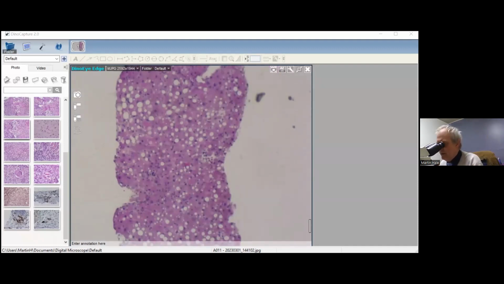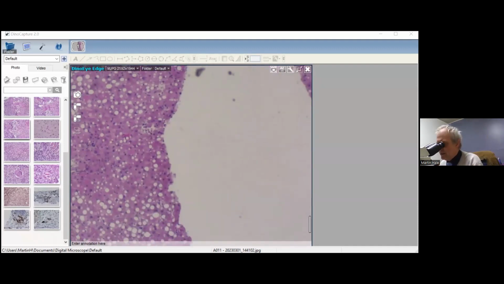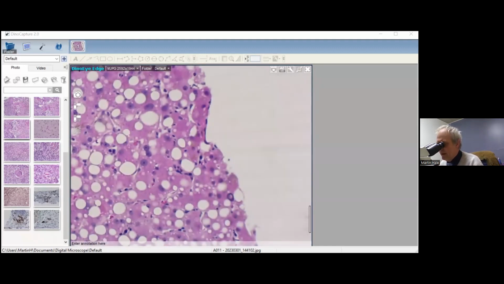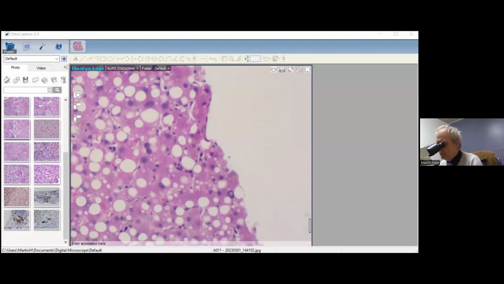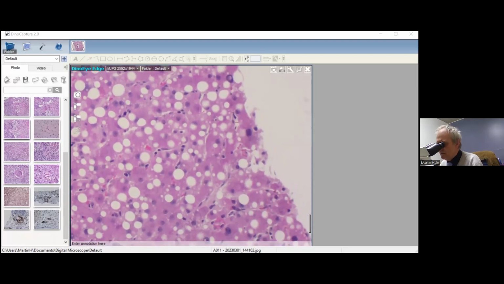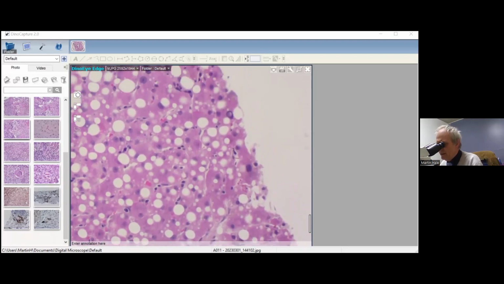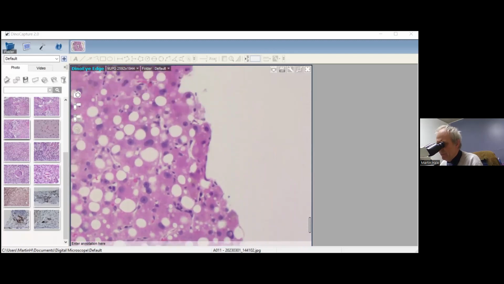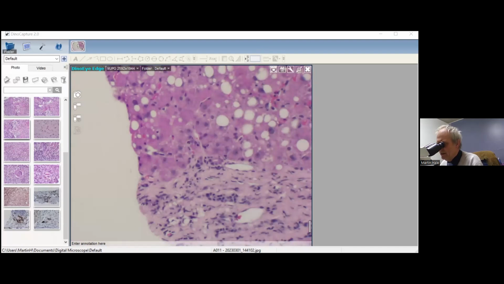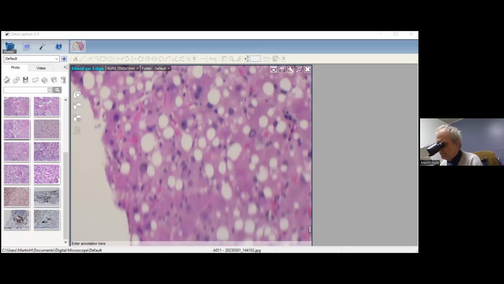And then when we go through this, we now look for activity. Activity is in the form of Mallory-Denk bodies or ballooning degeneration. That's the one criterion, or both. And then the second criterion is the presence of neutrophils.